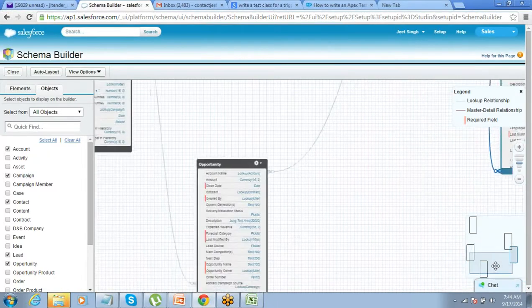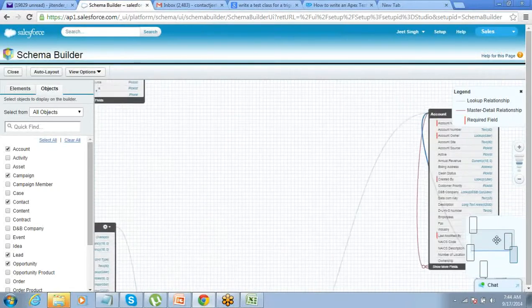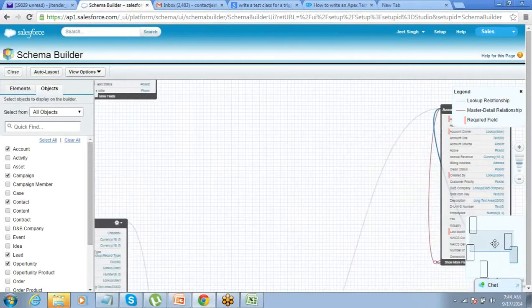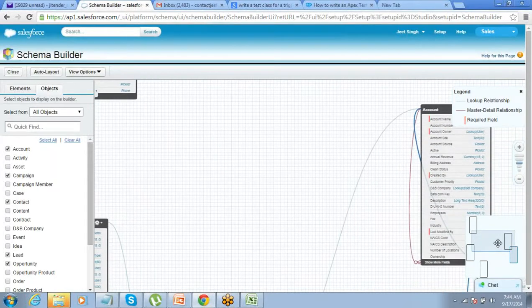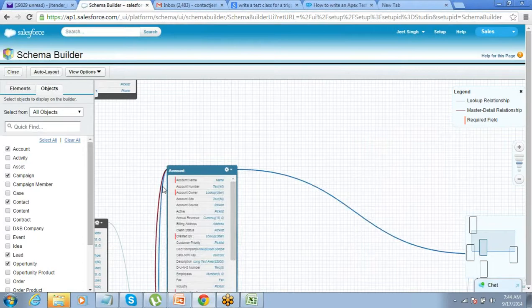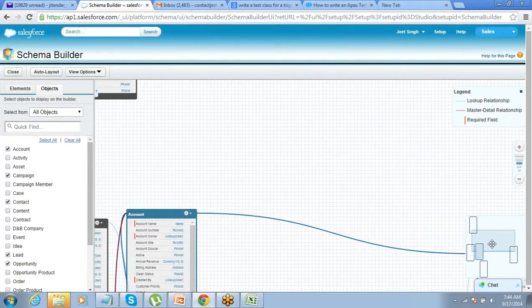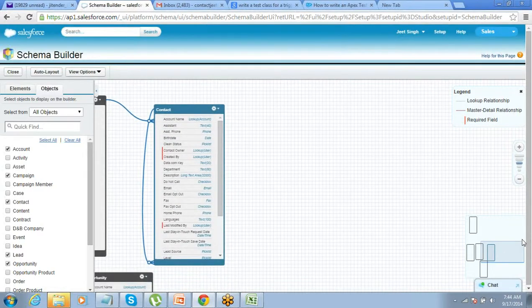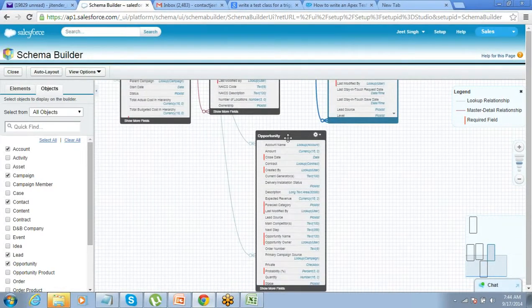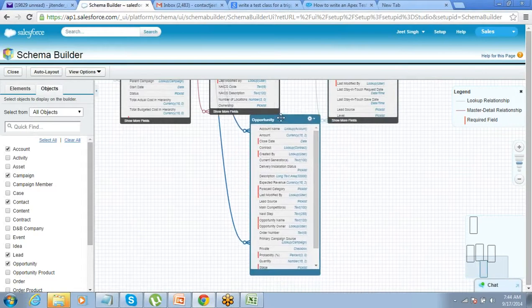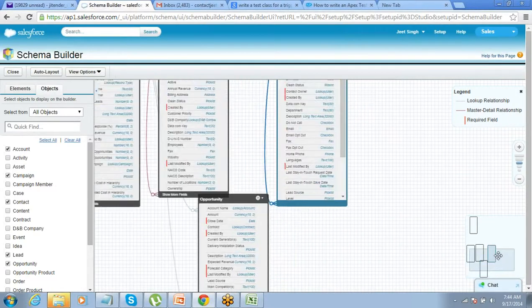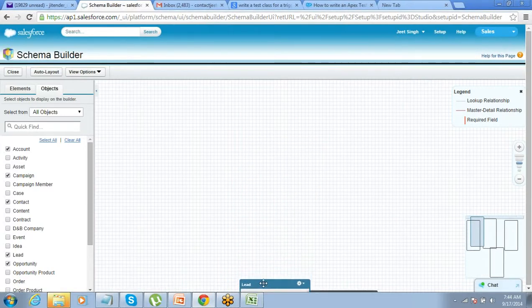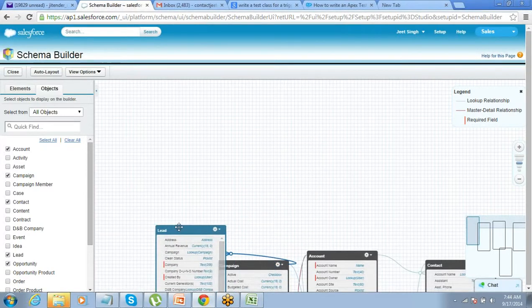With this navigation, you have to bring them a little closer so that everything can fit on the screen. Now almost everything is here. Lead is here. Okay.